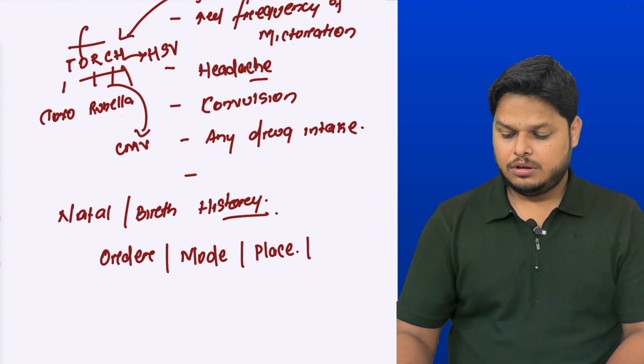Now we come to postnatal history. Postnatal history, if any, we would write. If there is no postnatal history, we need not write. What postnatal history can be there? After birth, you will ask whether the child stayed with the mother, or was admitted to any SNCU or ICU. SNCU means special newborn care unit, or neonatal ICU, and ICU for any reason. What might be the reason? NNH, neonatal hyperbilirubinemia, or what we say jaundice, neonatal jaundice. Second, feeding difficulty.